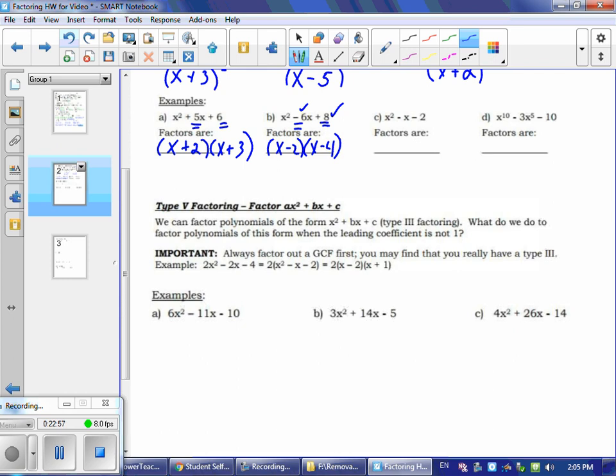Okay, let's try it with the next one, with letter C. x squared minus x minus 2. What can I multiply together to give me -2, but when I add will give me -1? Well, to multiply two numbers together and get a negative, to get that -2, they have to be two numbers of opposite signs. Fortunately for us, 2 only has two factors, 1 and 2. Those are the only two numbers that multiply together to give you 2. The combination, however,